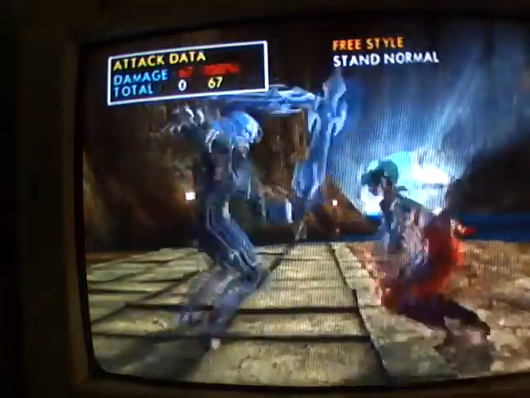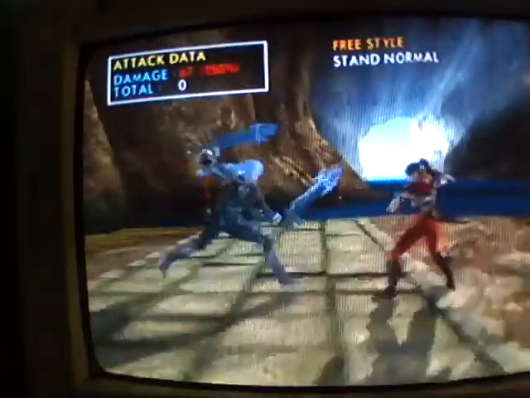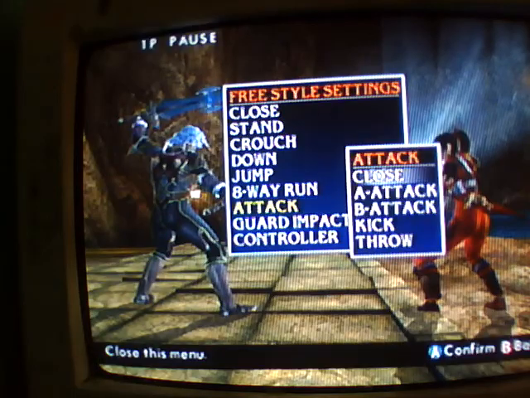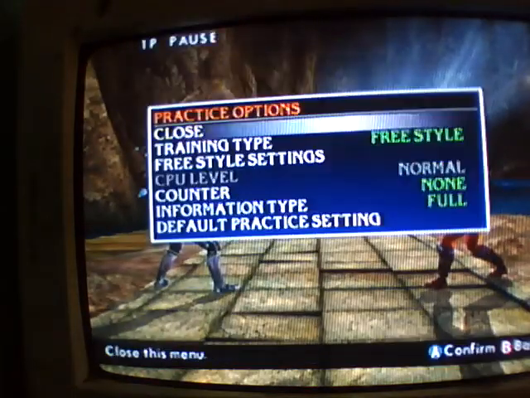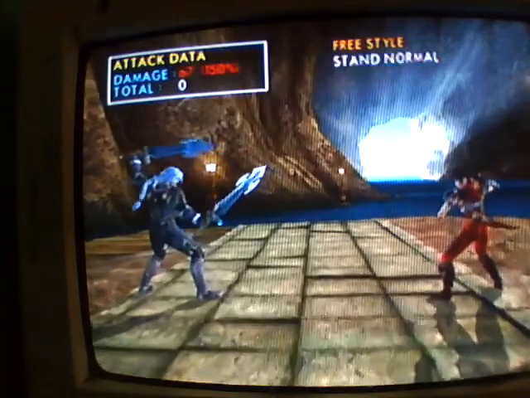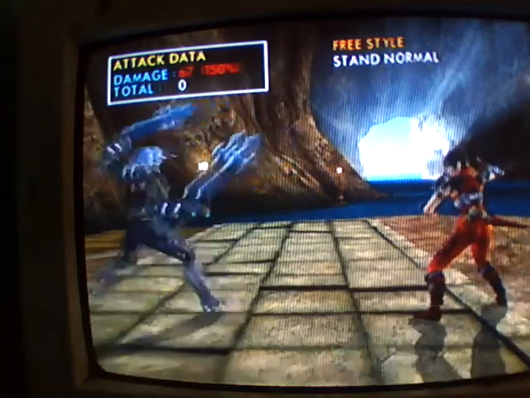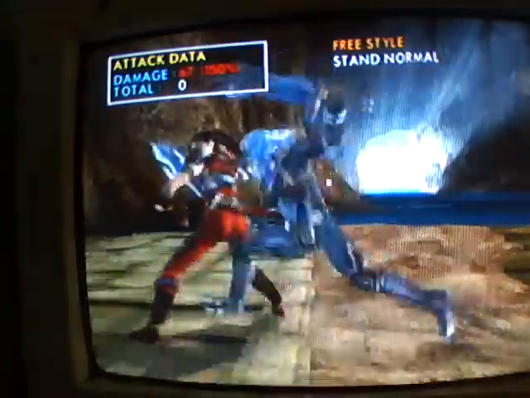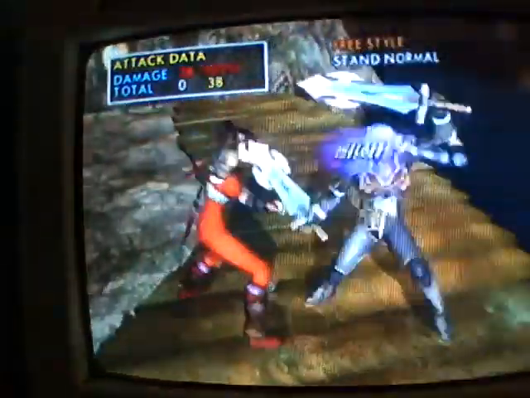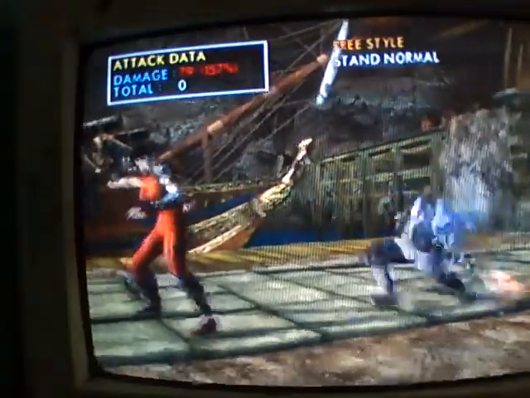Killer X Crawler, one of my personal favorites. Pretty useful. And let's say I can't show an example of it, but you could use it to block low attacks. But since they don't have that command in practice settings at this point, I'm not going to. Since it works perfectly if you're close enough to Taki, if you're doing a move, he jumps over her. But either way,